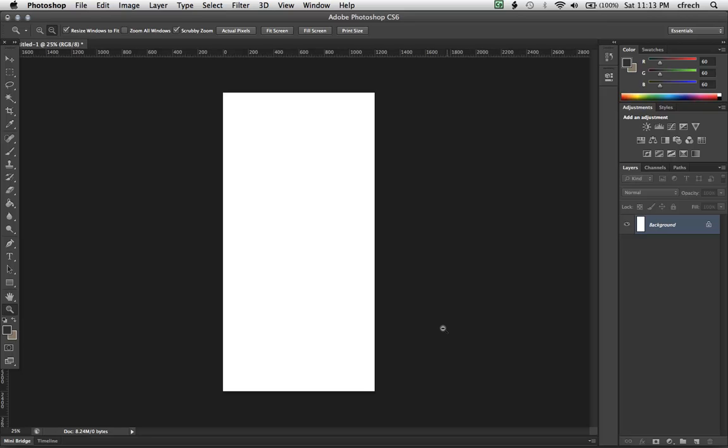Now, the other issue that may come up is we have here a 1200 pixel wide document. It's 2400 pixels tall. And you may have a similar document, but you're looking at your ruler values and they're just not matching up. Now, in this case, they are. Maybe your values are a lot smaller, though. What could be happening is even though you've created a document in pixels, your rulers are still set up to measure things in inches. And anytime we're doing web design, everything's a lot easier if we switch everything over to pixels. So in order to do that, all you need to do is tap the Command-K or Control-K